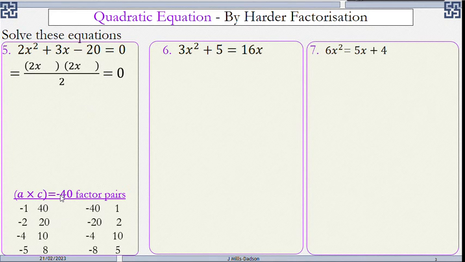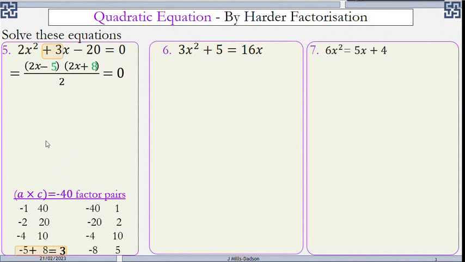you need to list the factor pairs for negative 40 because we always have to multiply the coefficient of x squared by the constant. Now I prefer to do this method where we have 2x squared, it's going to be 2x and 2x in both brackets, divided by 2, because at the end I'll cross out one of the two so that when you multiply and expand you get back to 2x squared. So choose a pair that will give you positive 3,